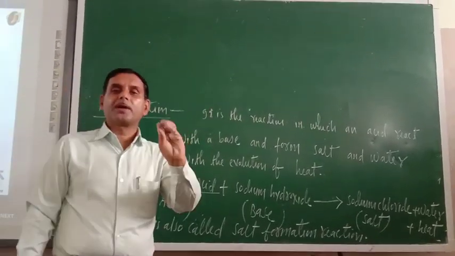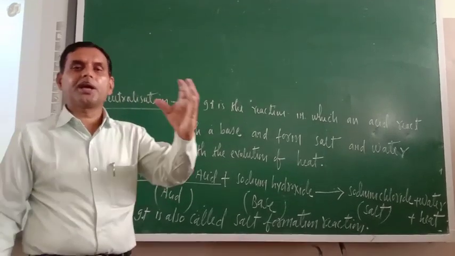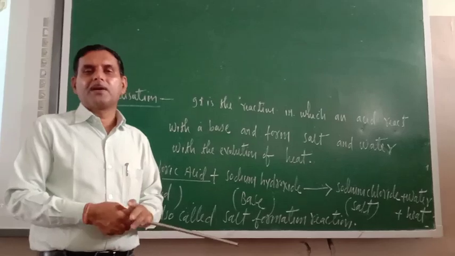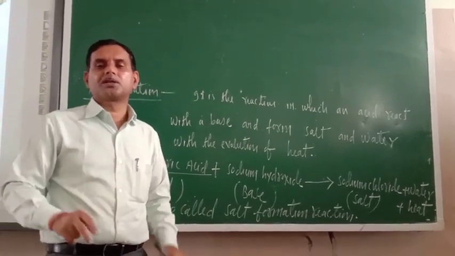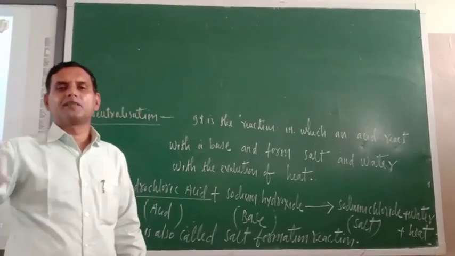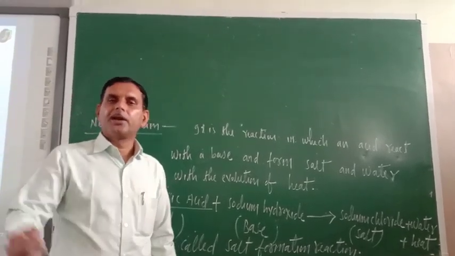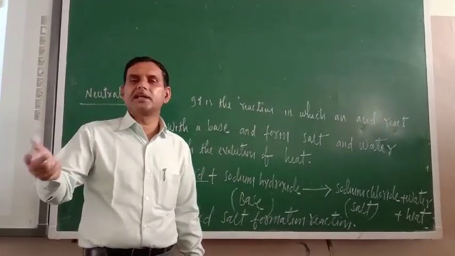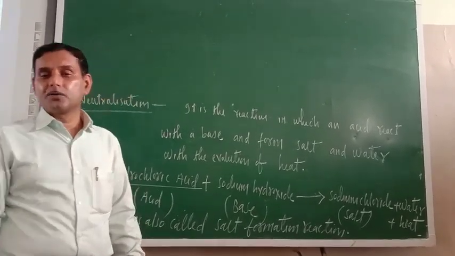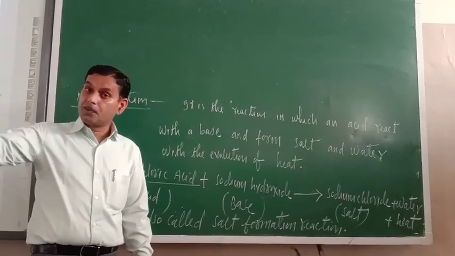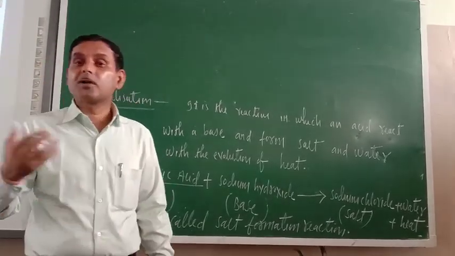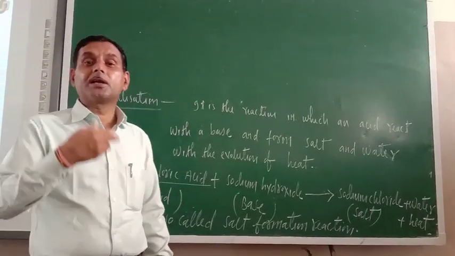Now I am going to explain with the help of one activity. Take one conical flask. Before the reaction, when you touch it, you will find that its temperature is equal to room temperature or normal temperature. Now add a small amount of acid and base. Now shake it. After some time, if you touch the bottom of the conical flask, you will see that it is a little bit hot.